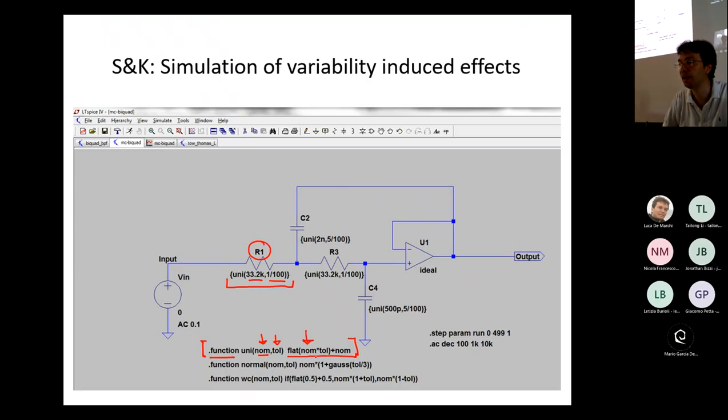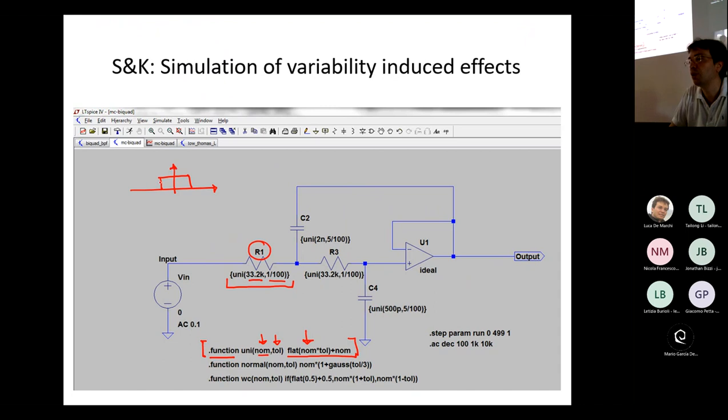So basically, you take the nominal value, you multiply it by the tolerance, and you get the maximum excursion, the maximum deviation that you can add to your actual value. Rather than adding a deterministic value, in this way we are assigning a random number